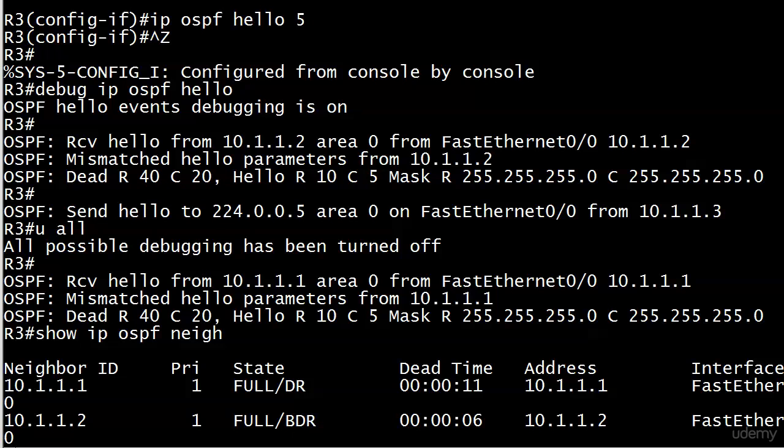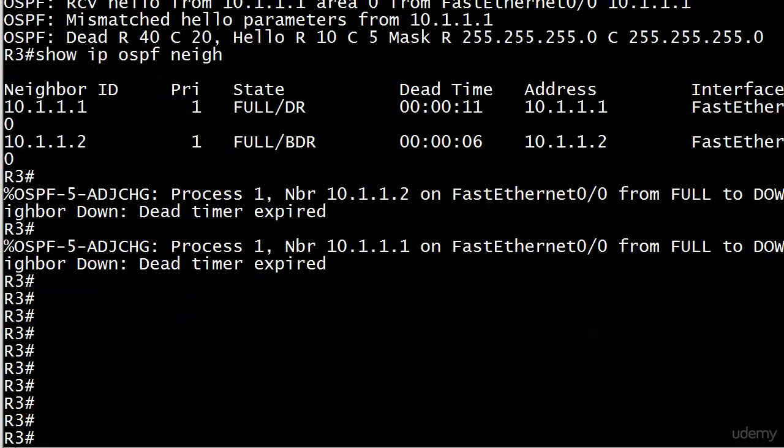The great thing here to note is that the dead time changed dynamically. We didn't have to do anything with that. And there you go with a configured of 20 because that is 4 times 5. That's all there is to it. And again, if you walk into the middle of a situation like this, as many of us do, if you're called in to troubleshoot, it's not like you and I know exactly what happened the second we walk in. We know what happened here because we changed the hello timers. But this is a fantastic debug again, and we'll run it during our big labs as well, our huge ones,